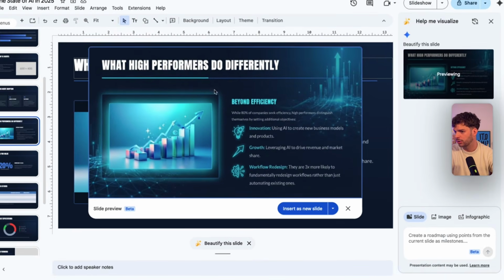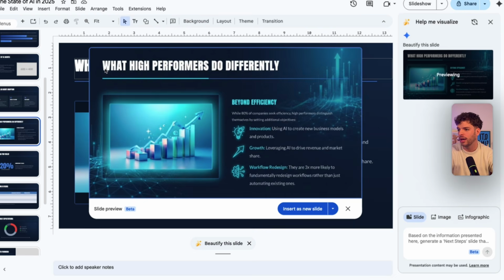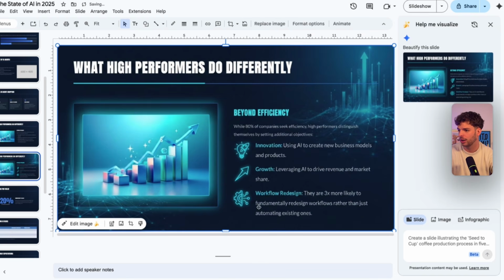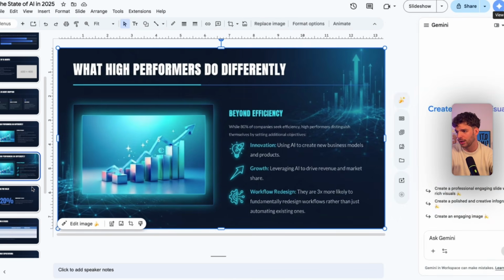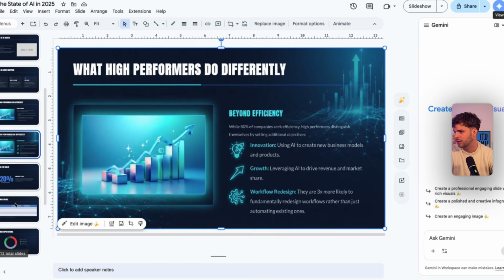We have a nicer version of the same slide while keeping the same tone, the same background color, and basic information which we have given for the presentation, right? In this case, for example, I like this new slide much more, so I'm gonna insert it inside. And here we go. The second option, if in case you don't like something in a specific slide, let's go